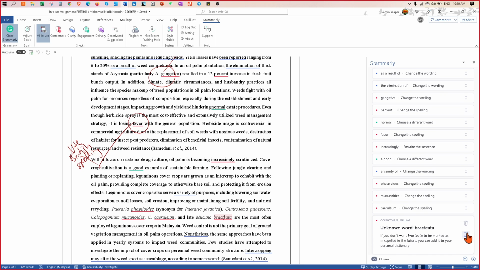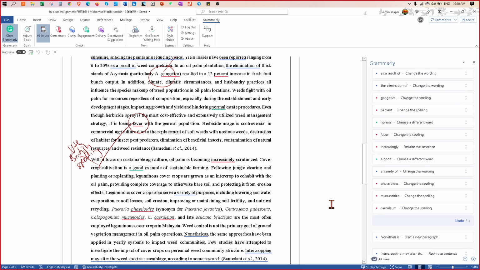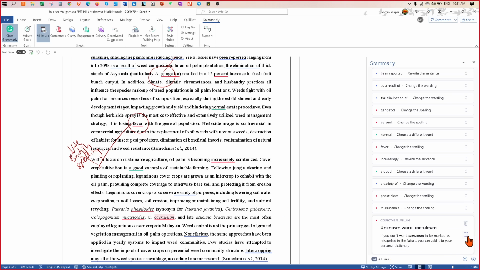When you add it this way, and you have logged in using your account, it's going to remember regardless of the platform you use Grammarly on in the future, whether in your browser or in Microsoft Word, because this is your account. So Grammarly knows now these words are true for you. You only have to do it one time.